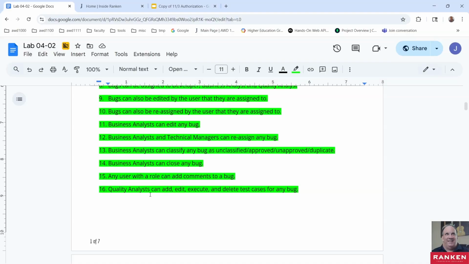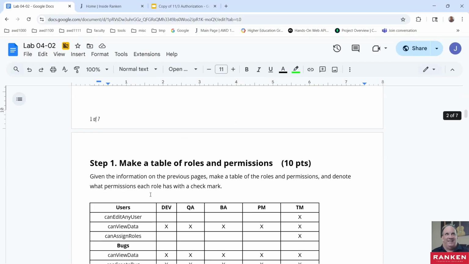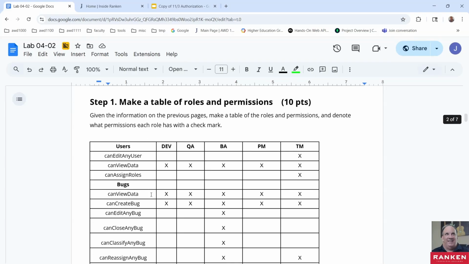I guess that's really about it. Most of the other stuff are bugs. So, okay, here, step 1 says make a table. Well, this is actually the table. Originally,